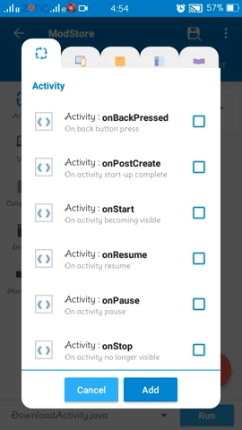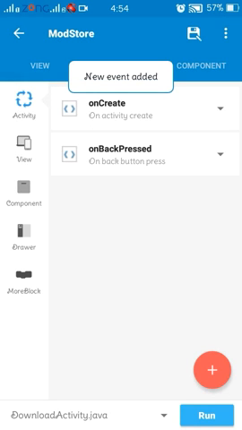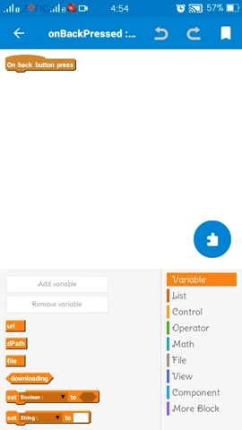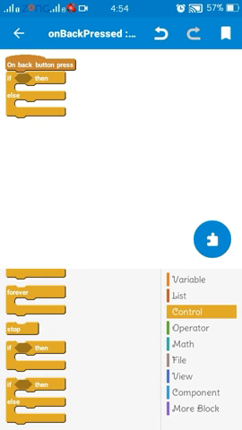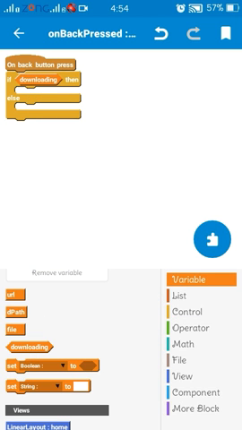Then we will show the user a dialog prompt when the boolean is true and the user presses the back button.